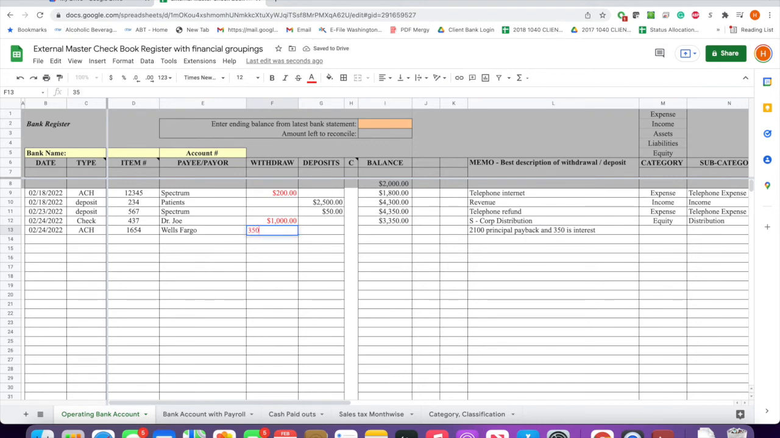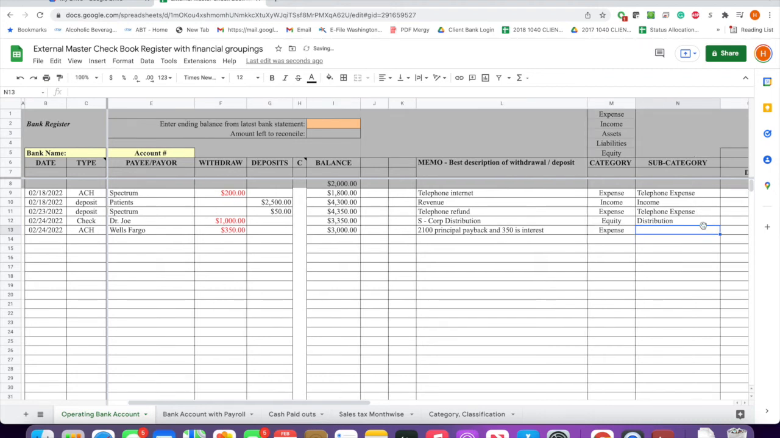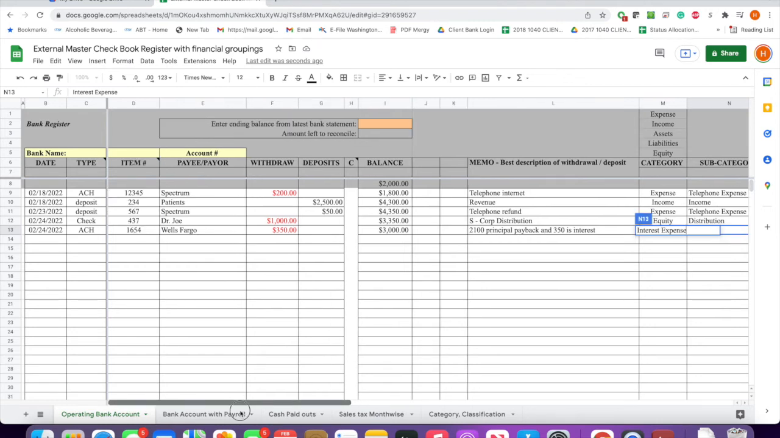350 is interest, and then we can put that as expense, and then we put that as interest expense. And then we have on 2/24,